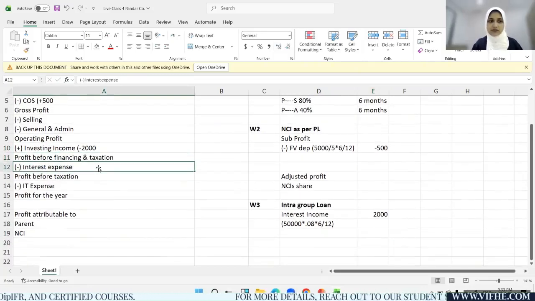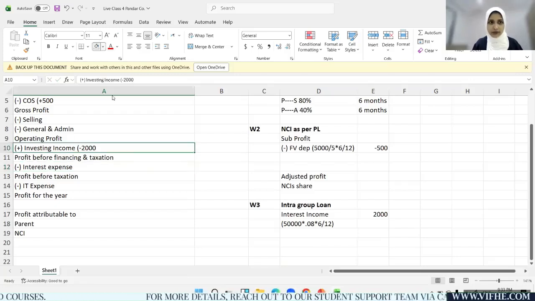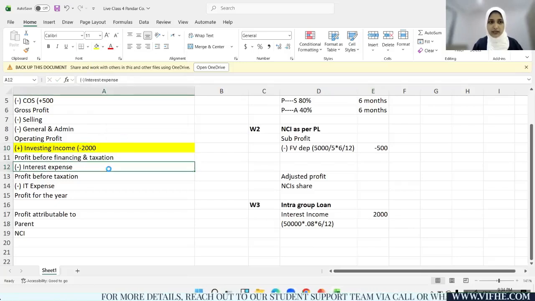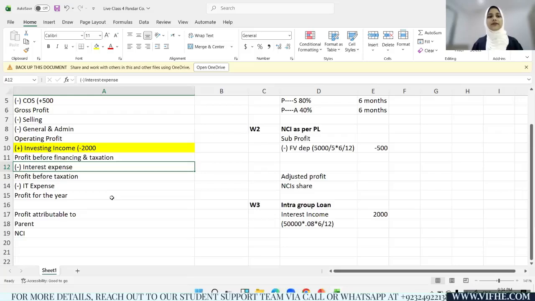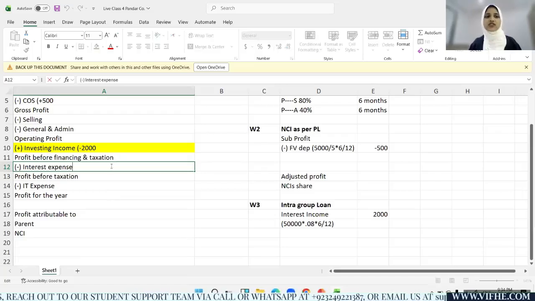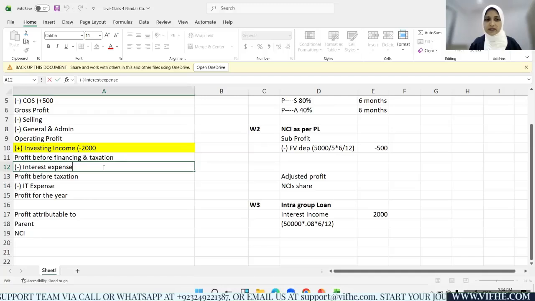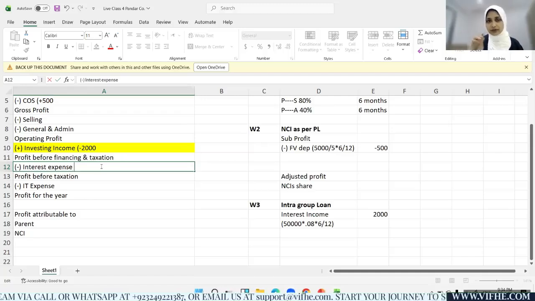Now, when it comes to adjusting the interest expense part, you will be like, okay, you removed 2 million from interest income, let's remove 2 million from interest expense also. Okay. Now, it's not that straightforward. From here, I can't just go and remove the 2 million as is. Okay, I'll tell you why. Because this 2 million that I'm trying to remove from subsidiary's 2 million. Okay, subsidiary's 2 million. And for subsidiary,